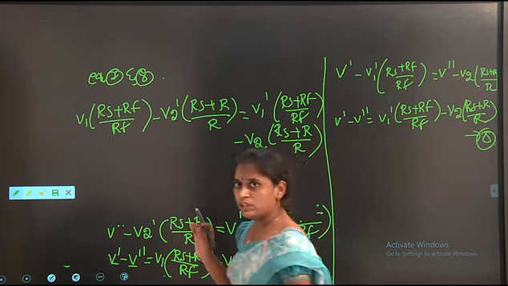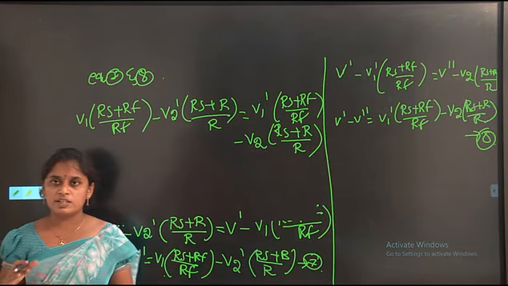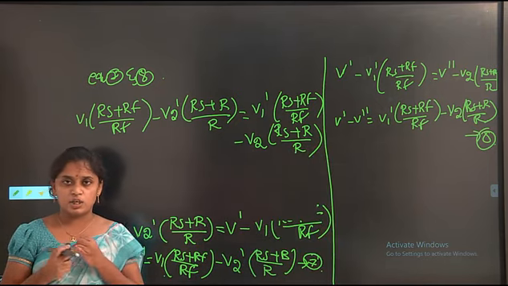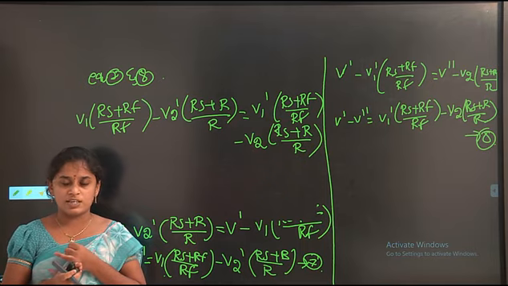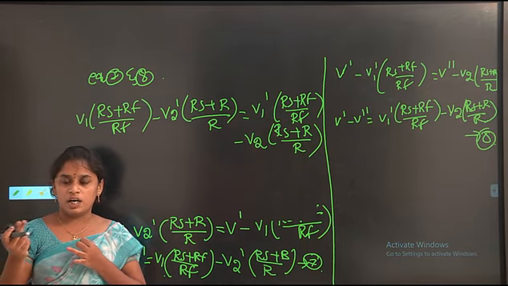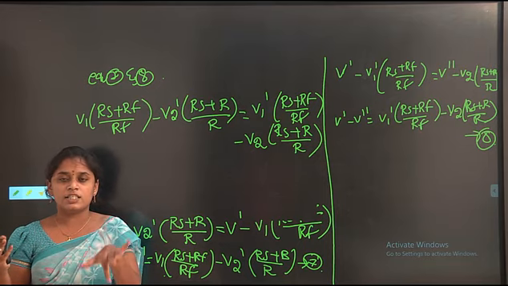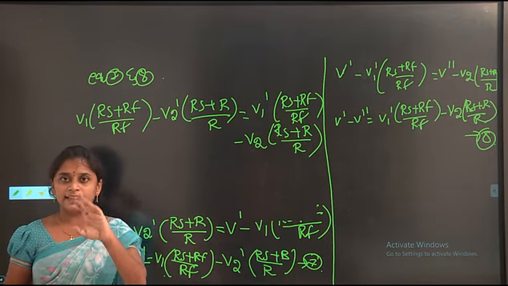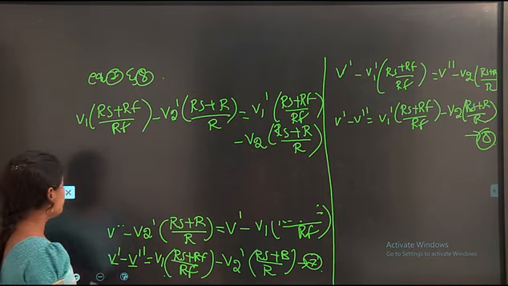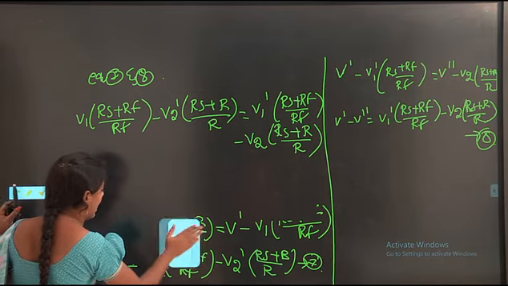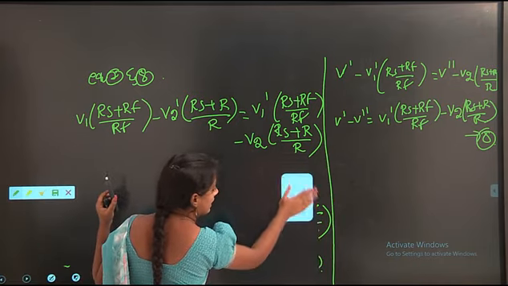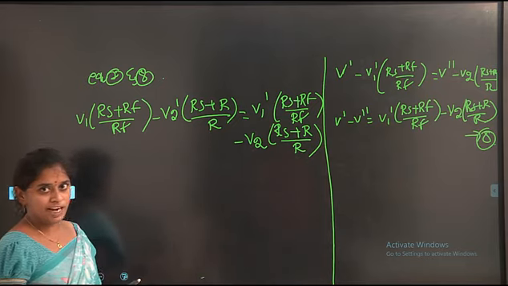Up to this we have to take the conditions, that is at t equal to 0 minus, 0 plus, and t equal to t1 minus and t equal to t1 plus, we have to take the output conditions. Then we have to find the delta F condition, we have to finally find this condition.